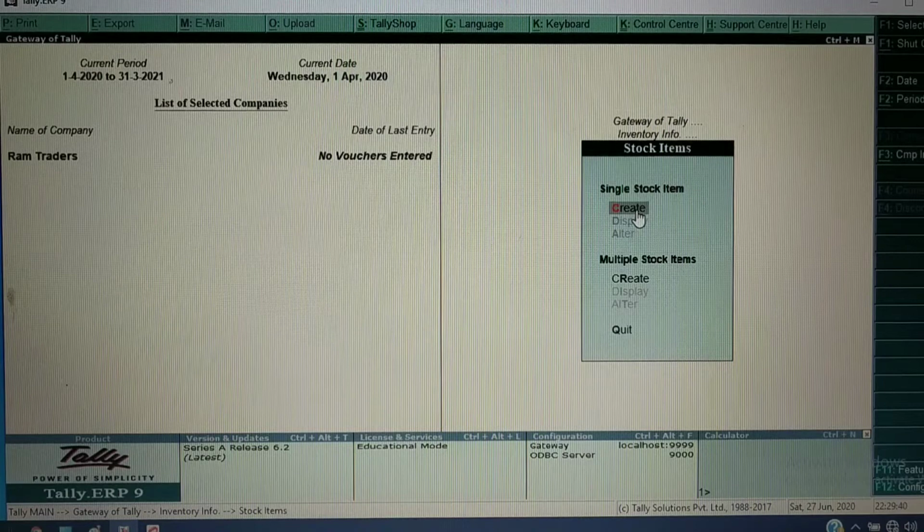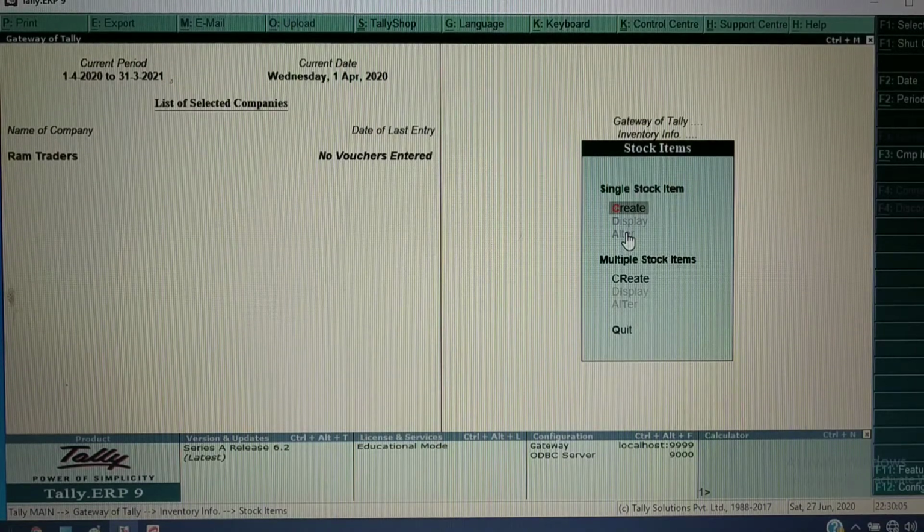Create, display, alter: all three options are displayed for both. But display and alter are hidden here because you have not created any stock item in this company, so these two options are not activated by default.